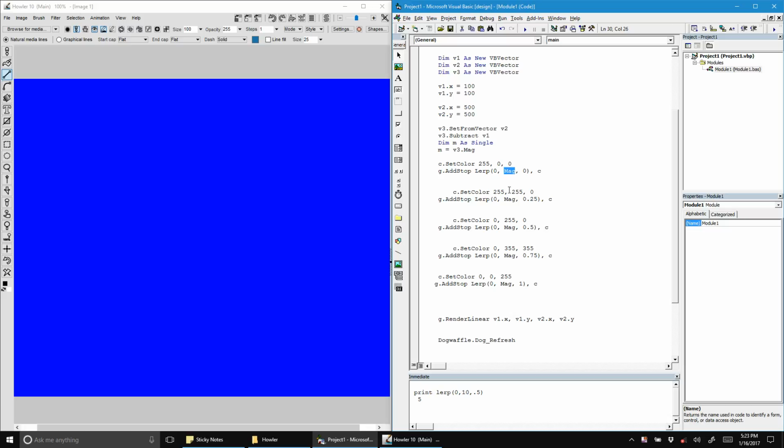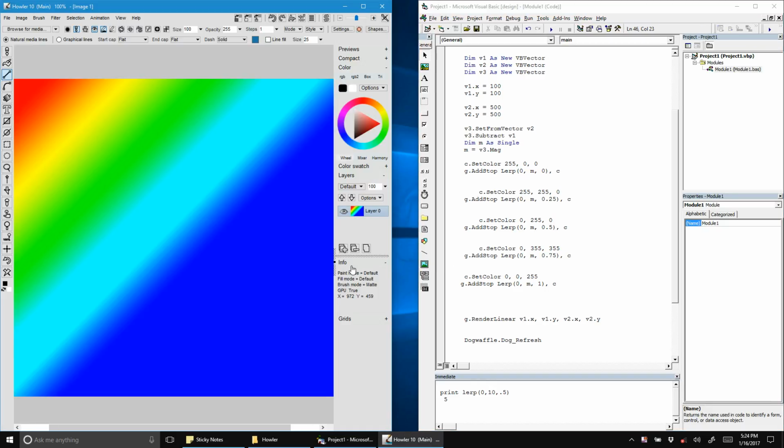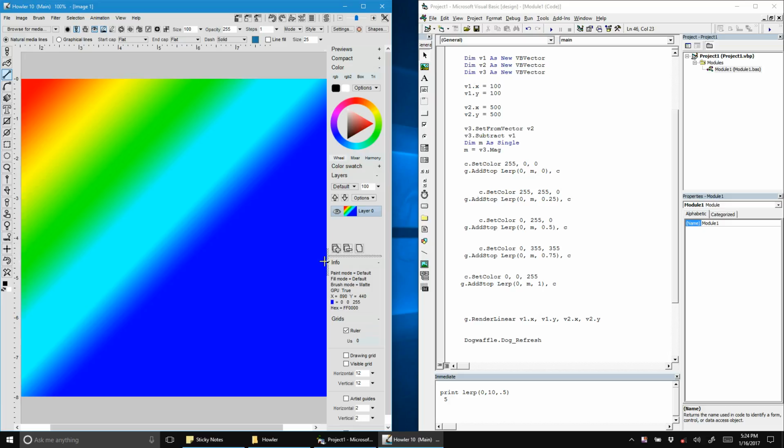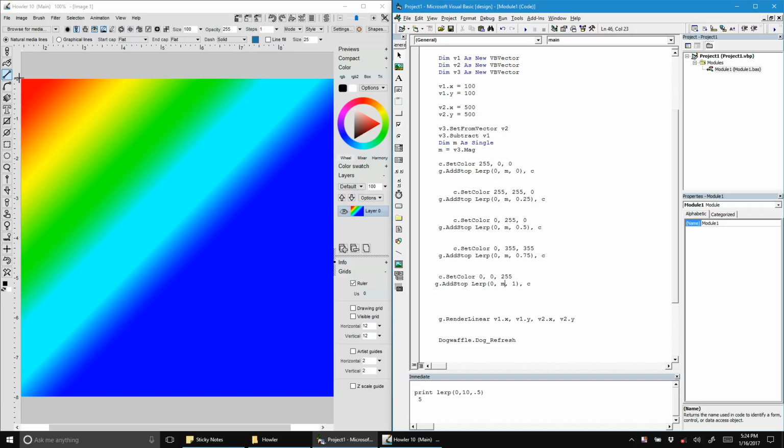Yes, just a little bug. I put mag instead of m. So let me fix that. I did not actually define mag, I defined m, and that should work. And there we go. So we created a linear gradient with the first coordinate starting at 100 by 100. And if we had our rulers handy, we could probably figure that out. Let's see. Rulers. So this should be